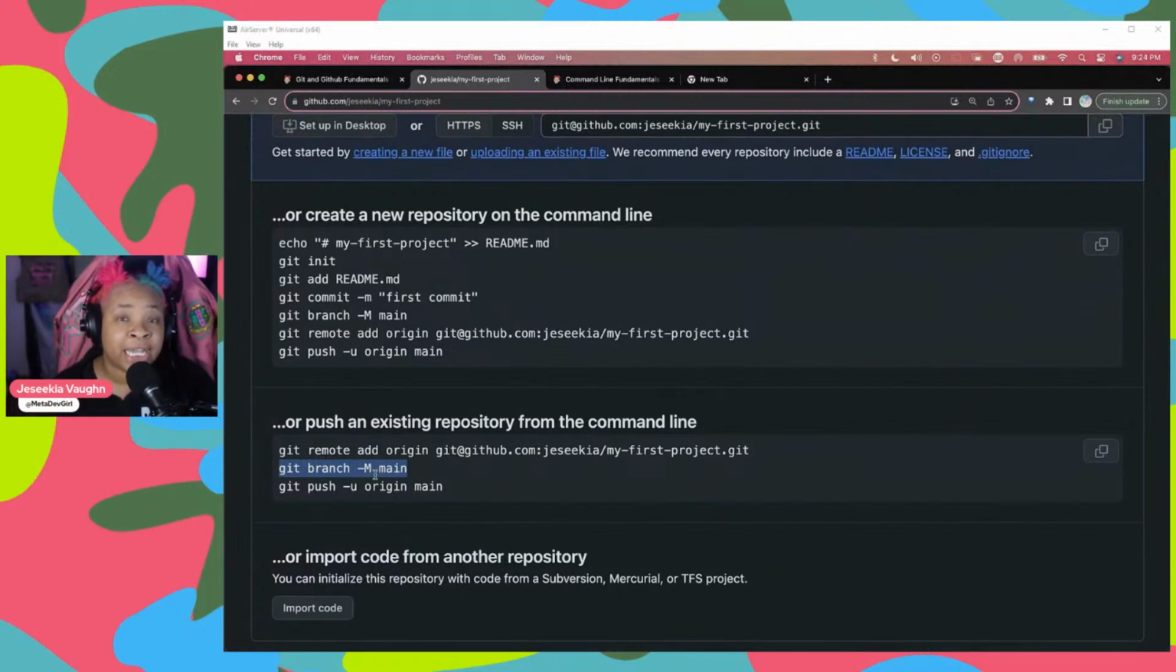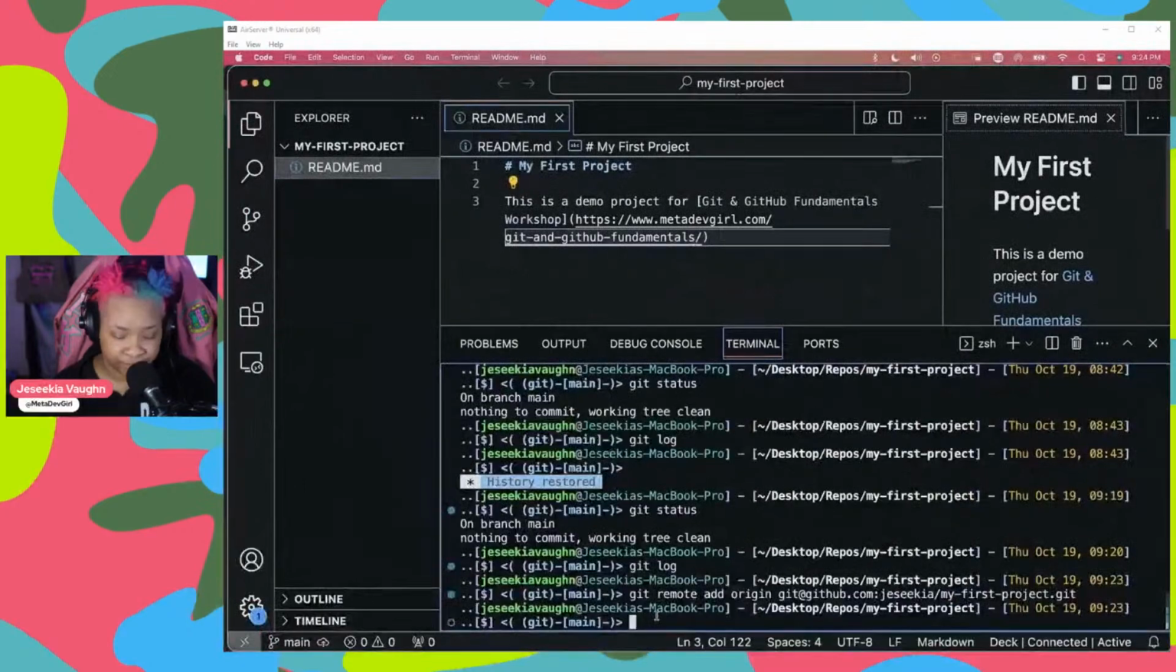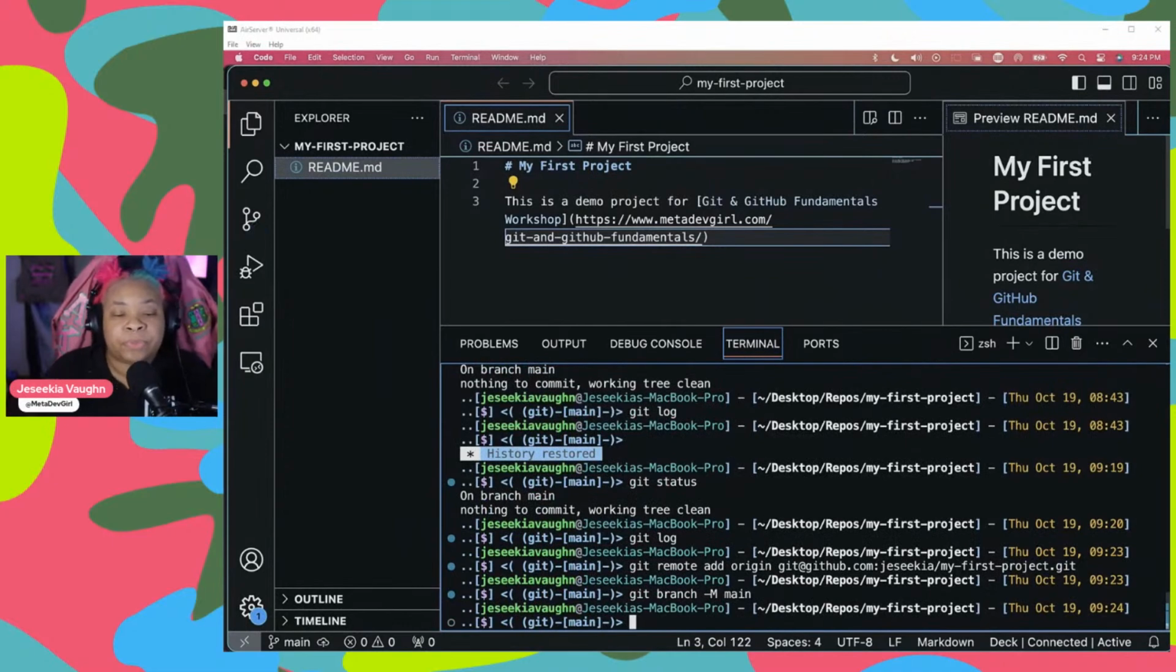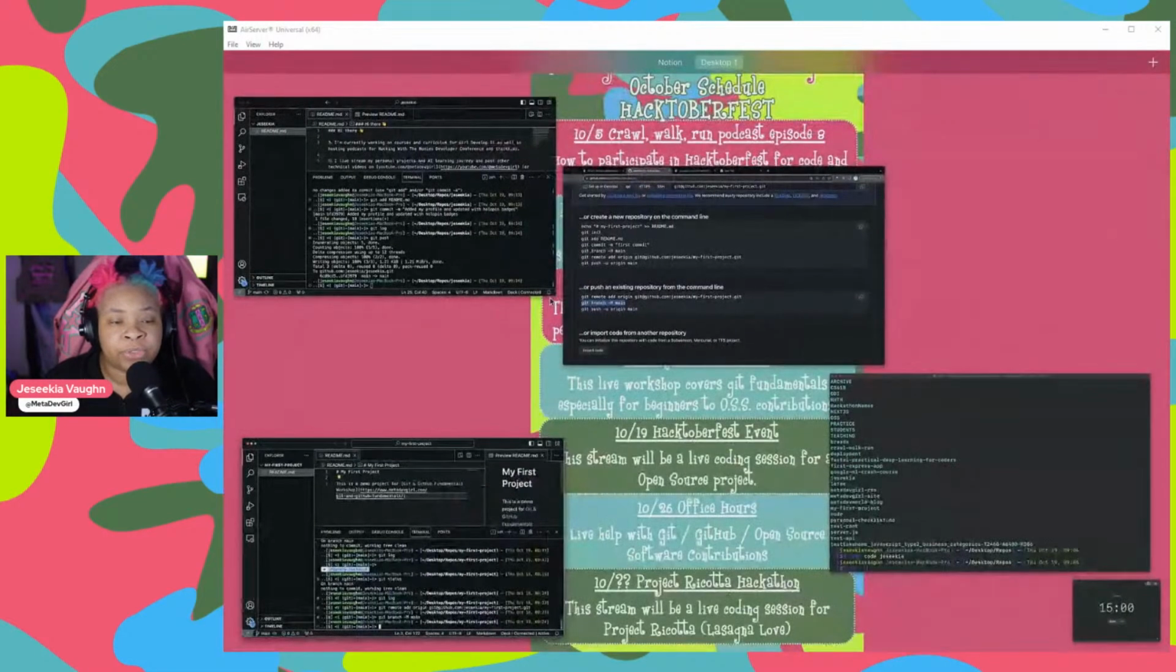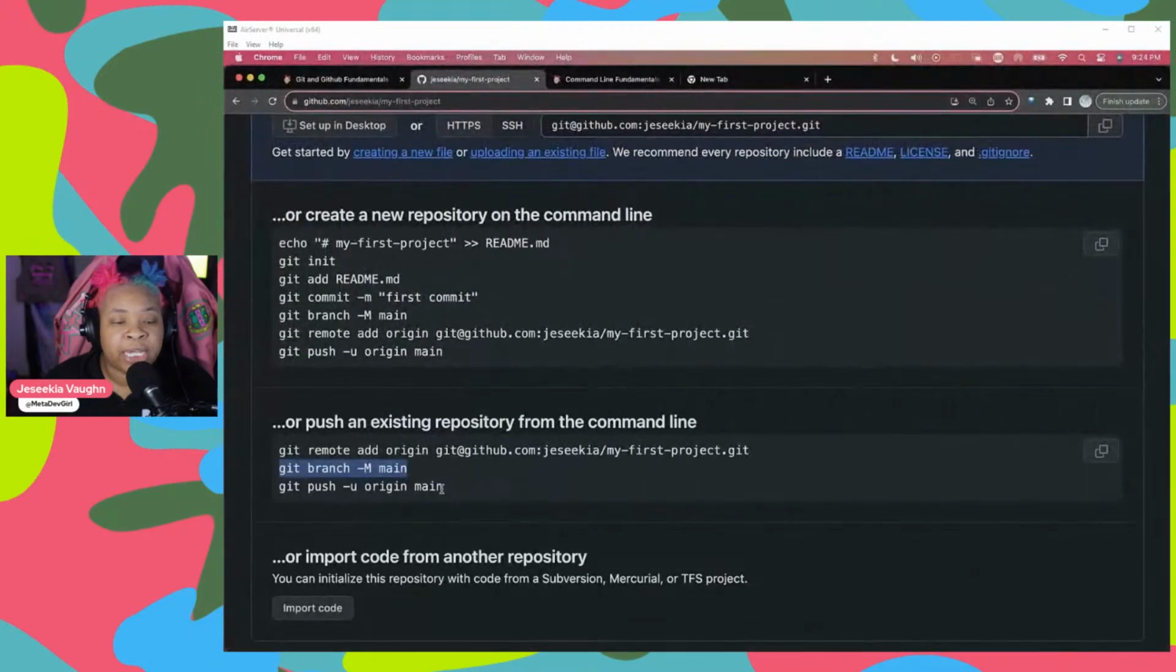git branch -m, capital M, and then main, lowercase main. So I am officially setting my main branch here. And then the last thing I'm going to do is push. This is a different version of the push command. I only have to run this long command one time. What this is going to do is push my commits that I have locally to this repository here on GitHub. But it's also going to do something special. It has this -u flag here,